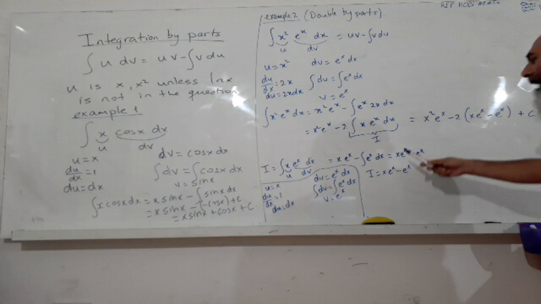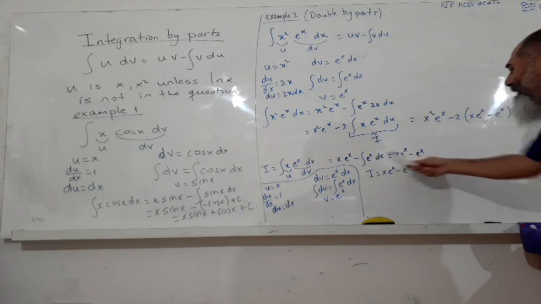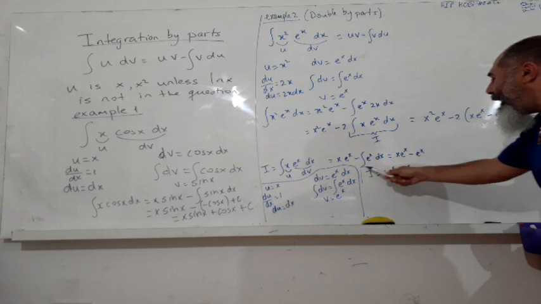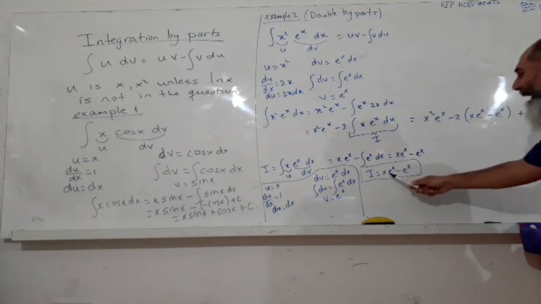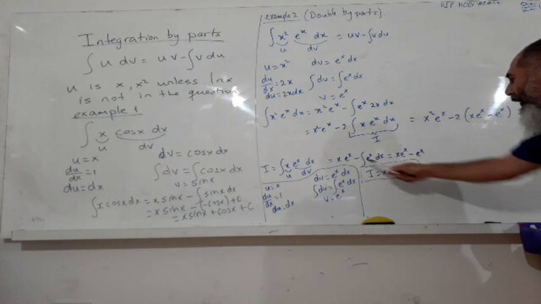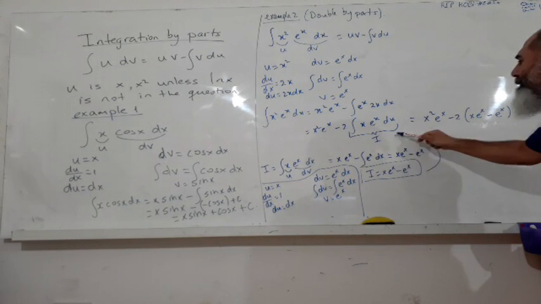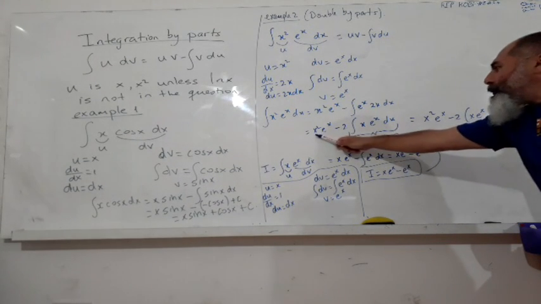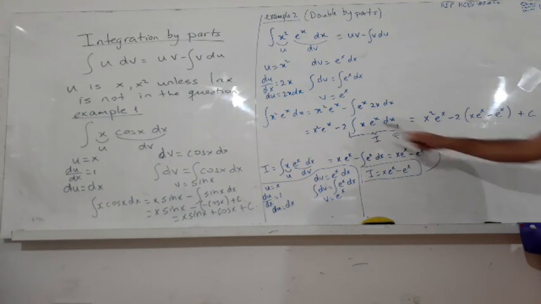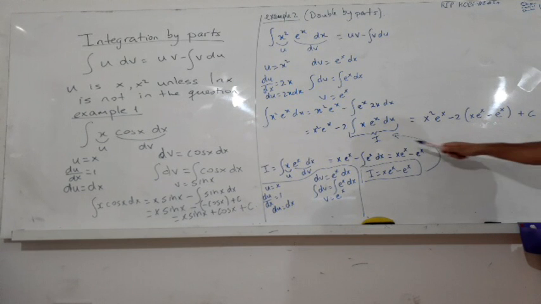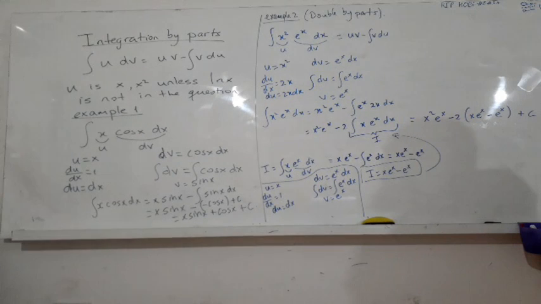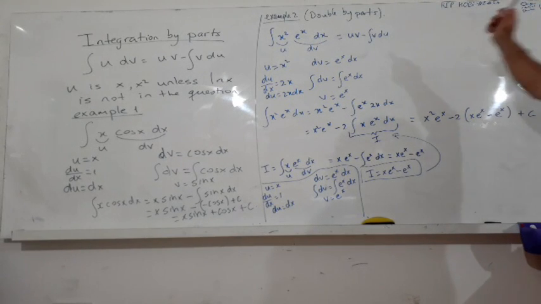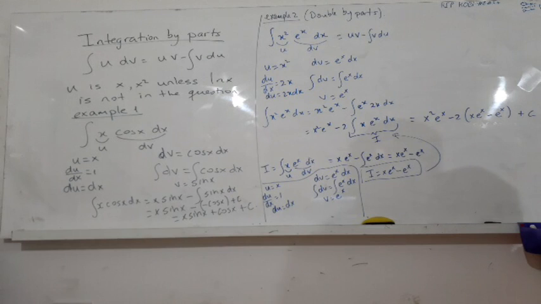So we obtain that I is equal to x times e to the power of x minus e^x, and take it there, substitute the expression for I there. So x squared e to the power of x minus 2 in the brackets. I substitute the expression for I and put the integration constant there, and this is called double by parts. Now I am going to erase the board and do an example with ln x and see what is going on